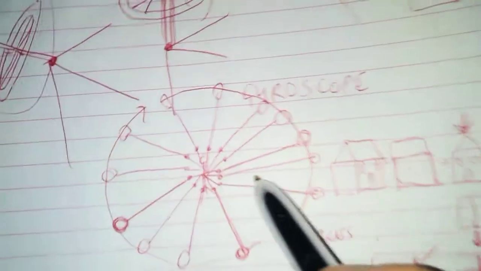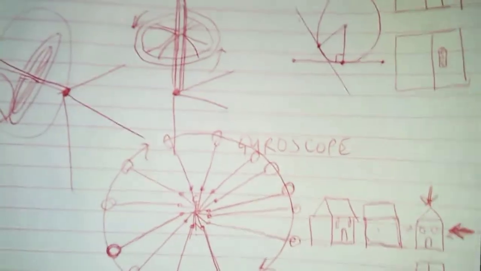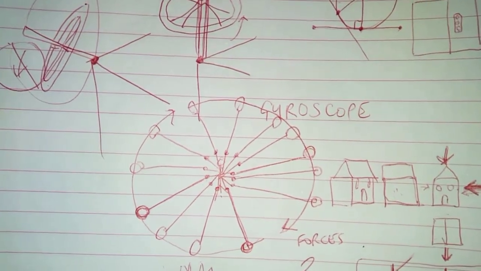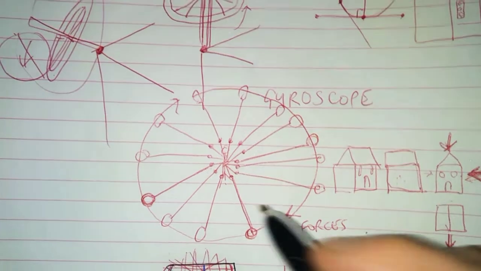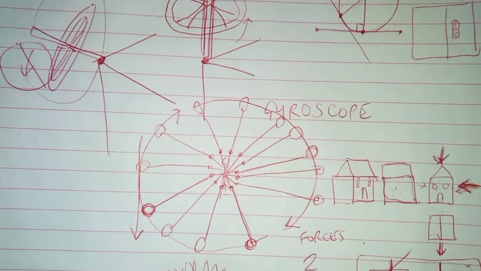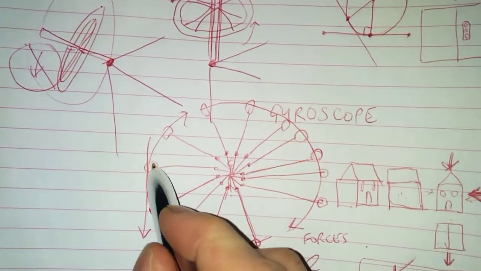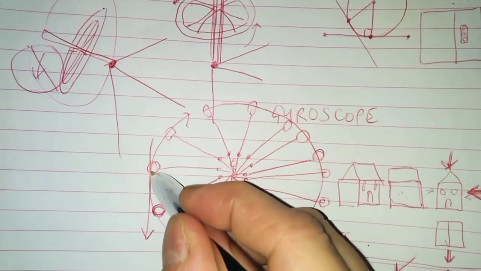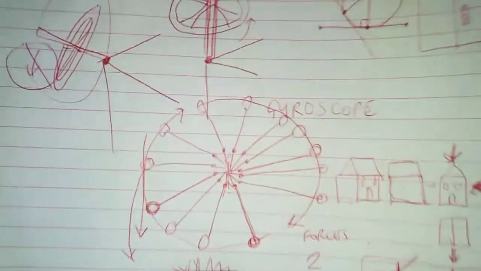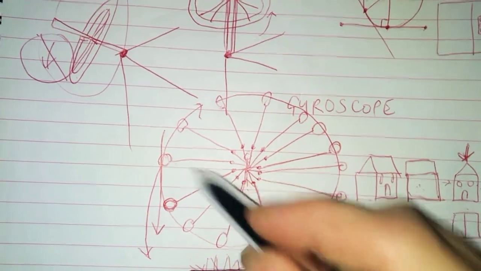So getting back to this, with our gyroscope, what is the force that is keeping these balls on the end of their strings? This so-called centrifugal force. The force that's keeping these balls on the end of those strings is the fact that they want to travel in a straight line. But the string prevents them from travelling. If they were on a piece of elastic, then they would travel sort of like that, wouldn't they? They'd start to spiral out away from you. As you went round and round, they would start to move away from you. But because they are on a fixed length of string,